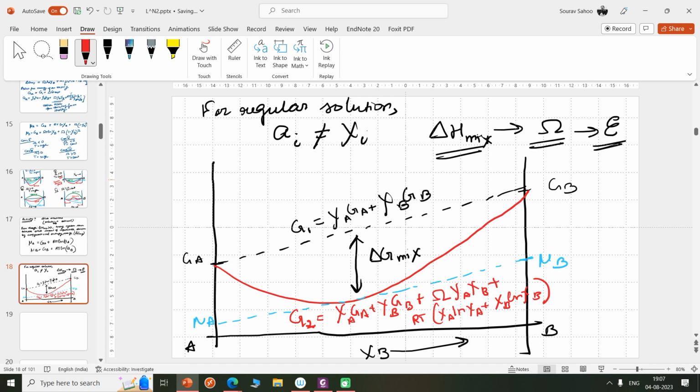And in this again, the difference is given by minus RT ln chi P. Okay, so this is the intercept difference. Alright,